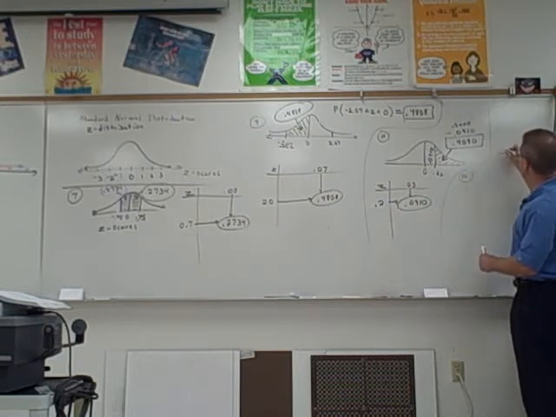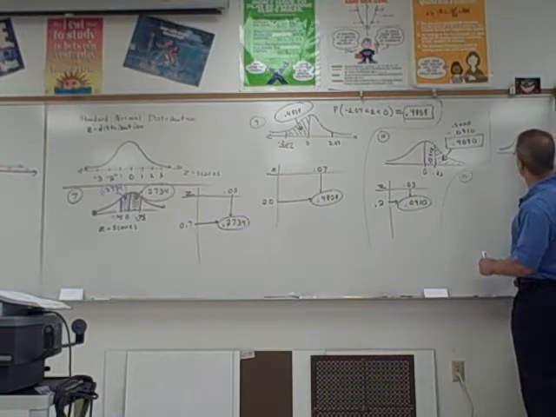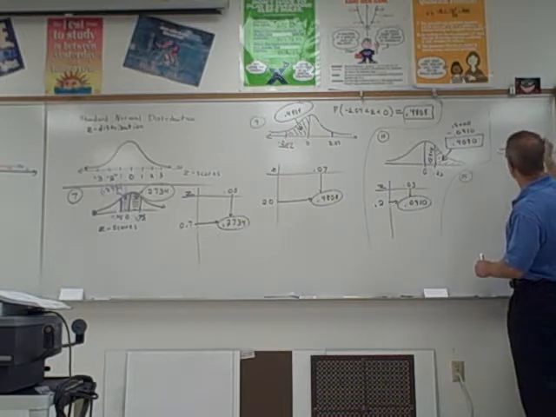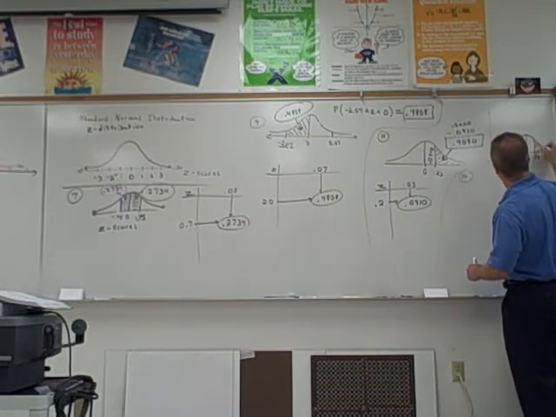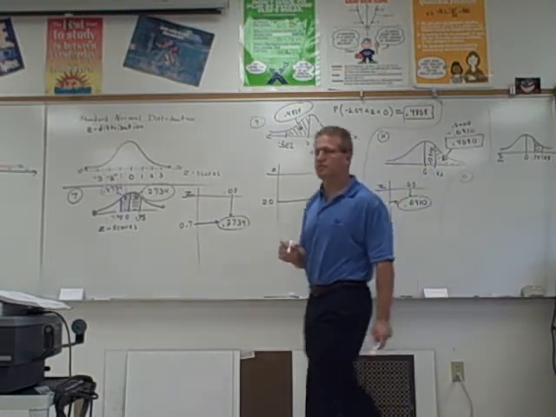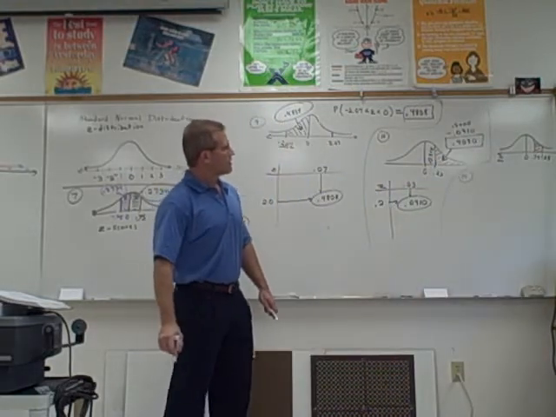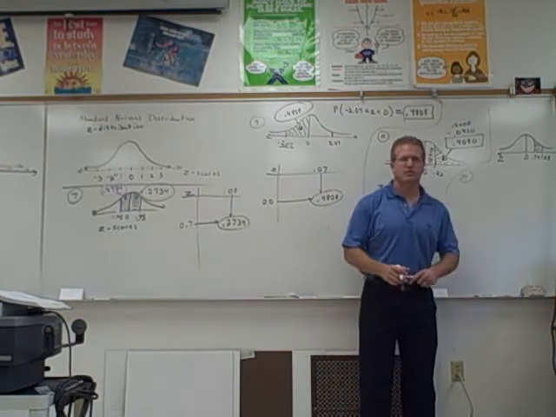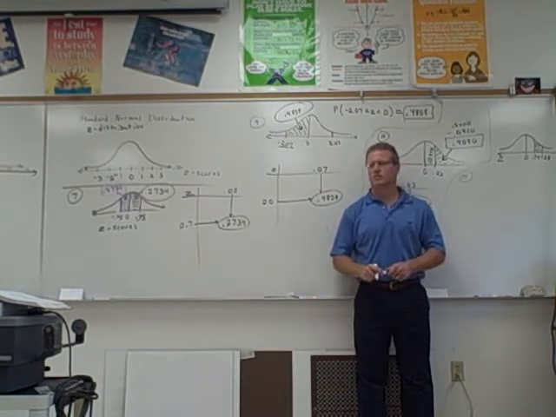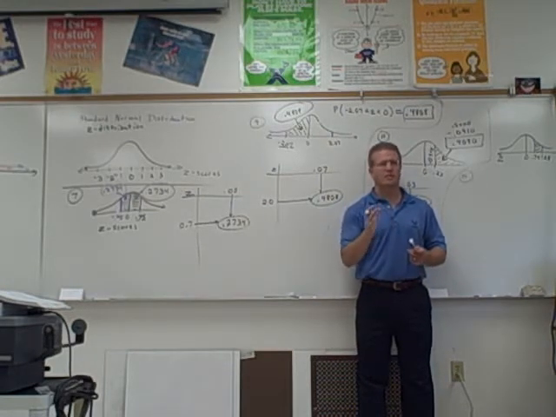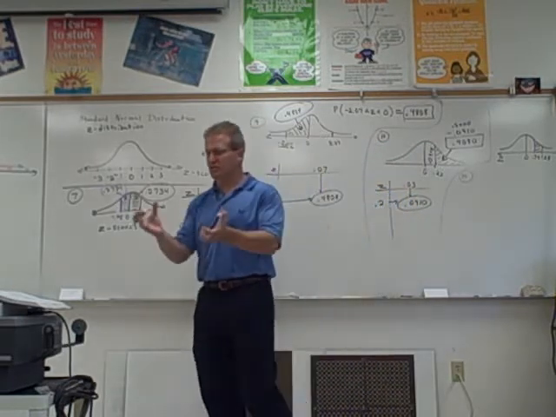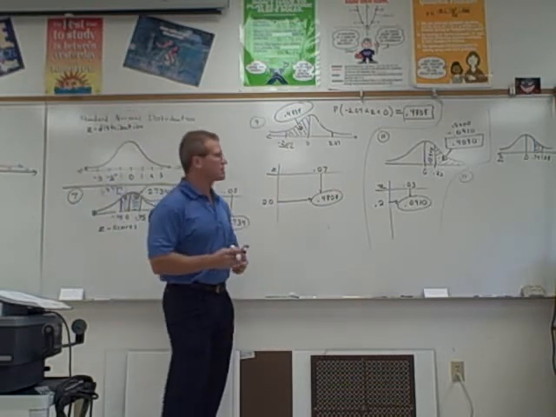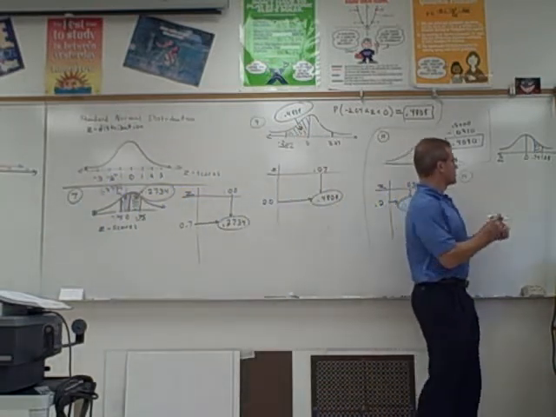Draw my picture up here. There's 0 in the middle. Here's 0.79. Here's 1.28. These are all z-scores. I'm trying to find that little strip of area right there. Any ideas what you do? There's like a step-by-step procedure to do all of these, but there's no way you're going to want to memorize all that. I'm not going to let you use the book for the test, so you really have to just use logic. I know if I look up 1.28,